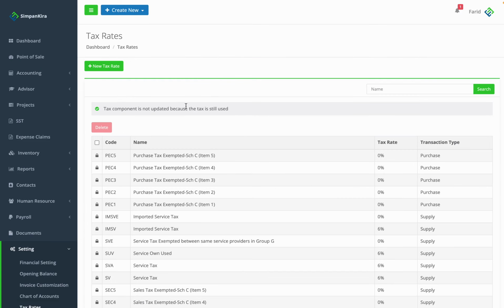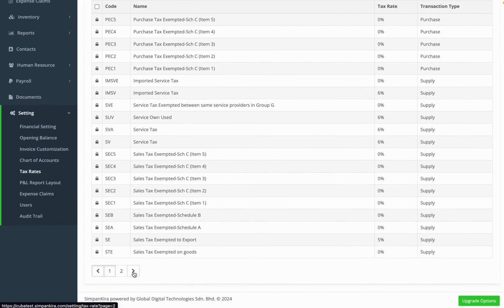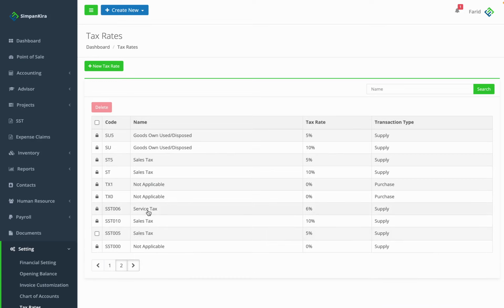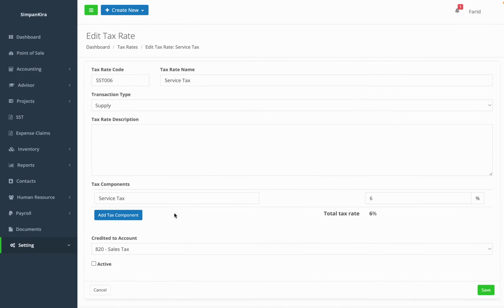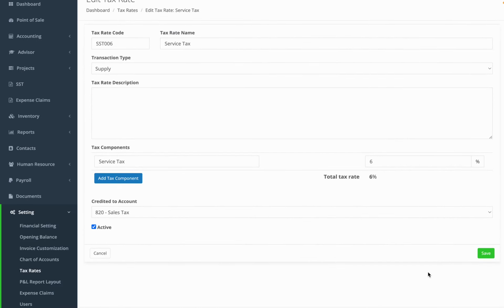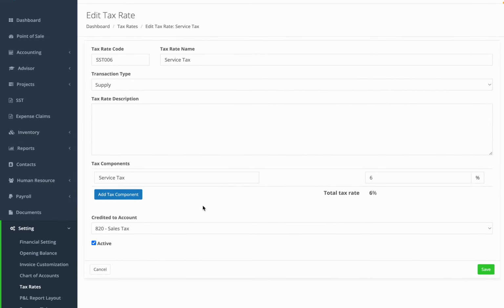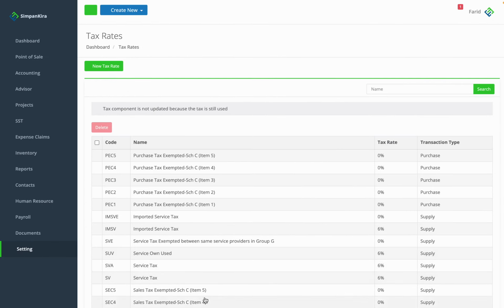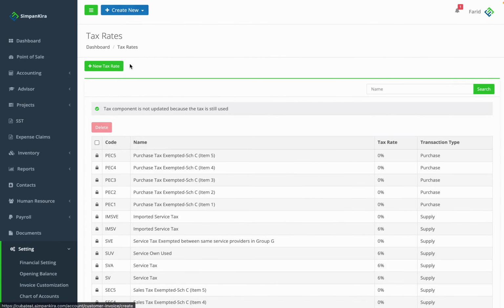Okay, now sama juga dengan kita punya service tax kat sini. Service tax 6% kalau you all pernah buat, so you klik kat sini, klik active, ini bahagian supply side. So you klik save, pergi ke sales invoice,